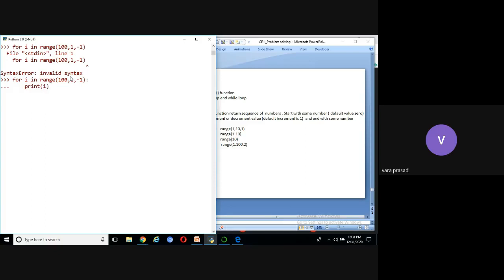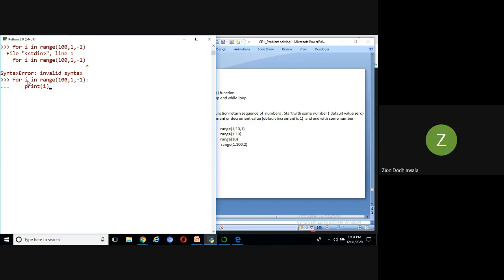All of you see the syntax. For indicates what? For is a keyword. That keyword indicates the for loop started. Now, what is i?